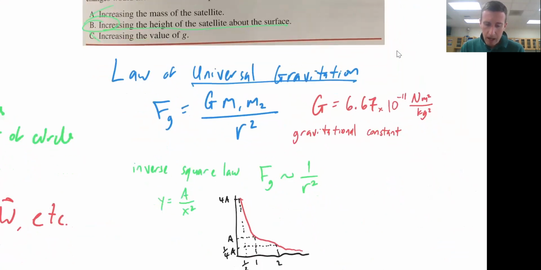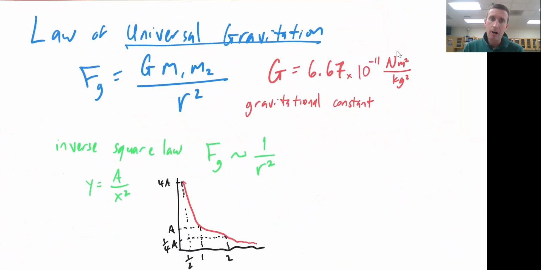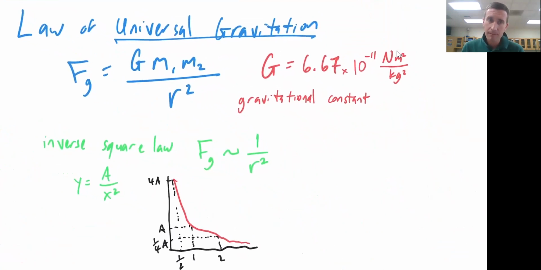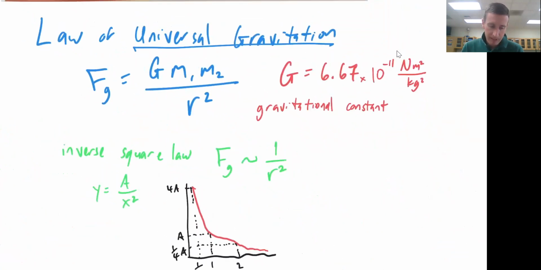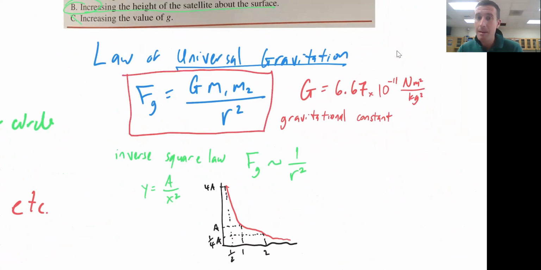Good. All right. Now we can introduce a new concept, which is Newton's law of universal gravitation. So the law of universal gravitation states that the force due to gravity is equal to a universal gravitational constant times the mass of the first object times the mass of the second object divided by the radius or the distance between them squared. So mass of object 1, mass of object 2, and then there's the distance between them